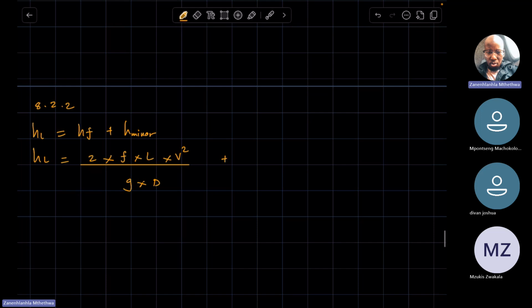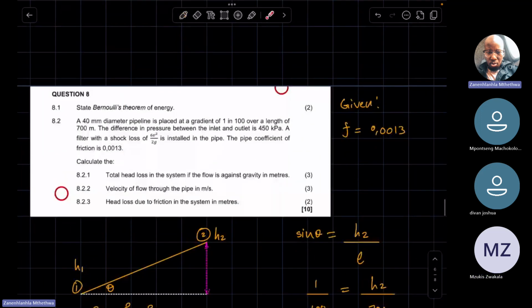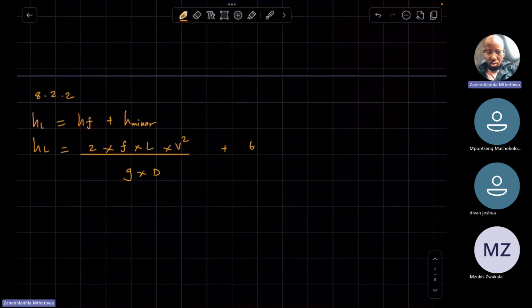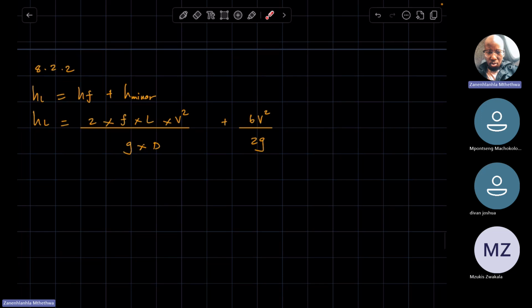Plus the minor head loss, which is given as this here, 6V squared over 2G. If you look here, we have this, this, this, and this. So you substitute, and then make V the subject of the formula,